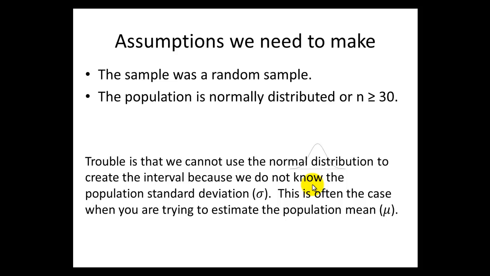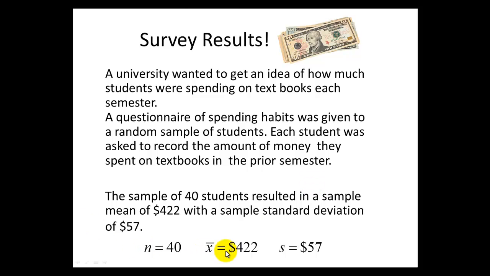Much like our prior lesson, we know that this value, 422, is a point estimate. And if the university had asked a different set of 40 students, the sample mean would probably be a little different. Could be higher, could be lower. So we know that there is still sampling variability when we look at sample means. Because of that, we want to create an interval of values or a range of values instead of giving a